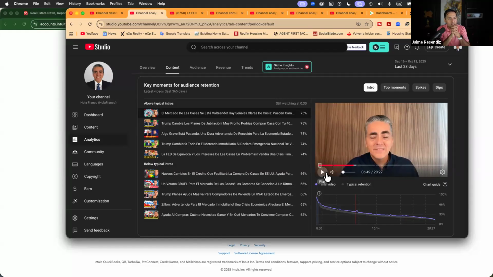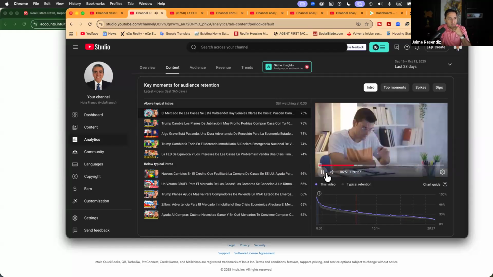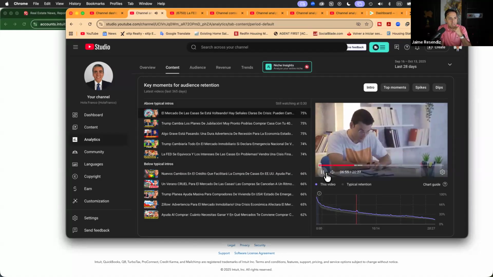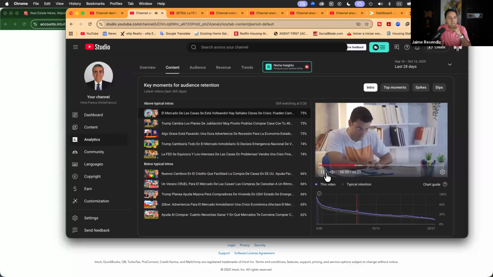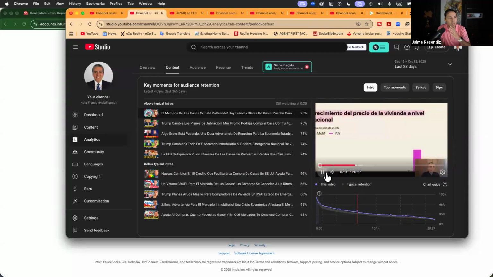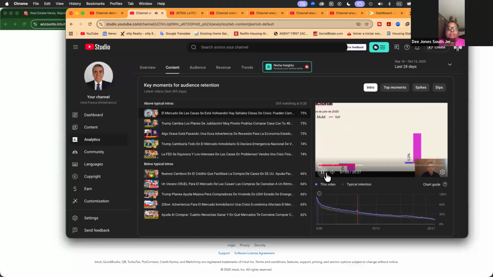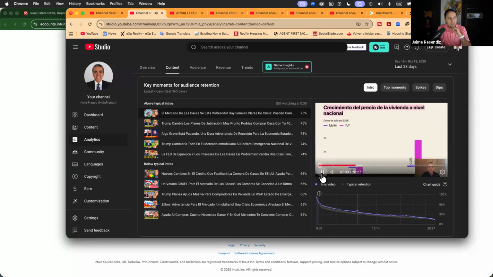But if you hit play from there, zone in on that. Notice what caused a bit of a spike. Notice why you see that peak. That means that people came back and watched it over. That means it was a rewatch. That's going to give you a big indicator on your videos. That's a huge hint. In fact, that's not even a hint. It's pretty obvious there, right?